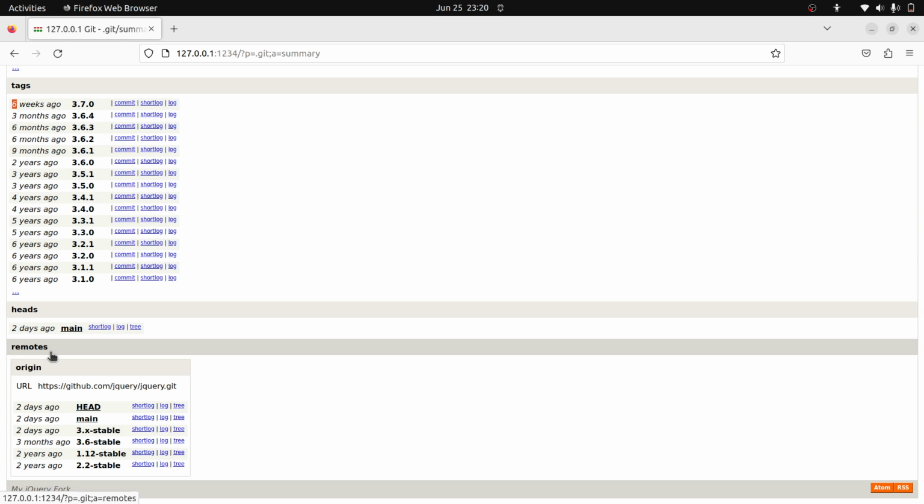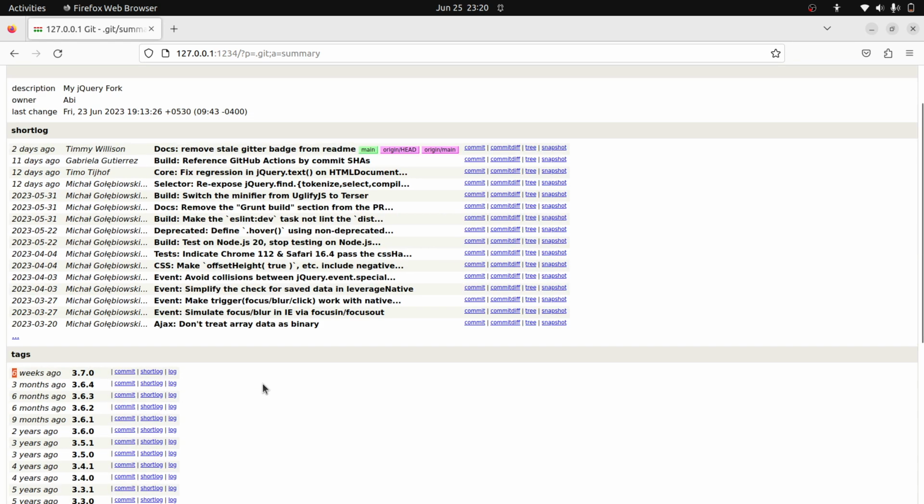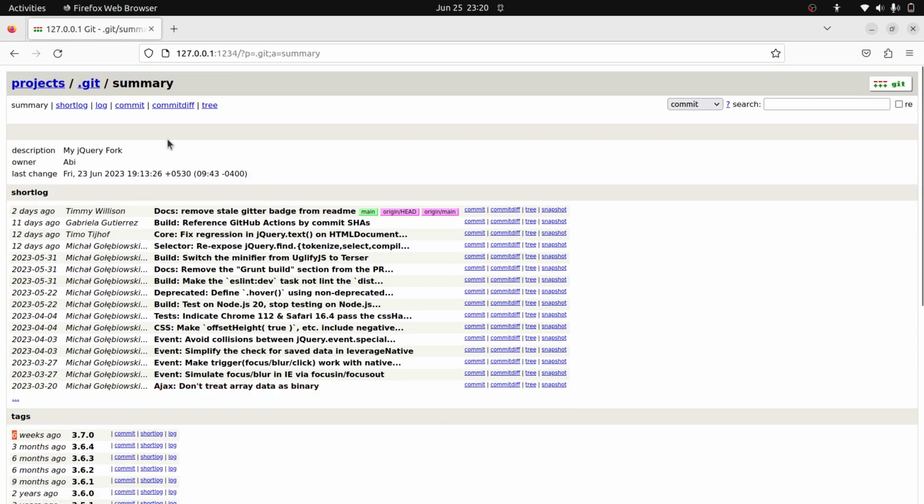repository was pulled. So you can see here it is from the jQuery GitHub page, and here you can see a bunch of branches associated with that remote. Okay, now here